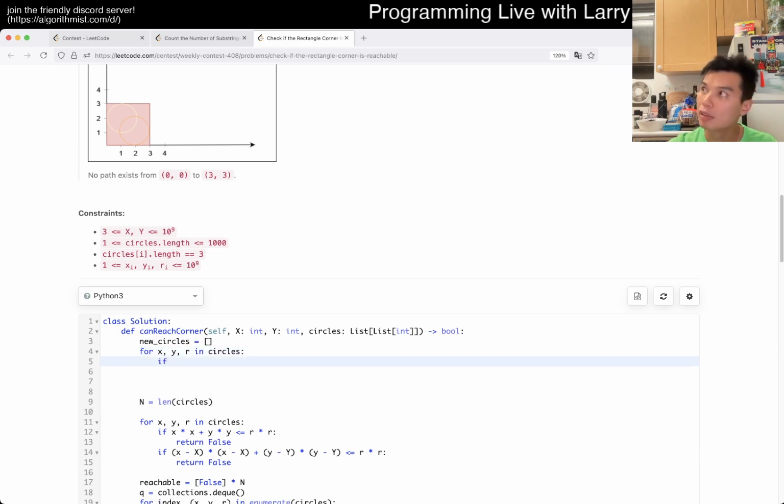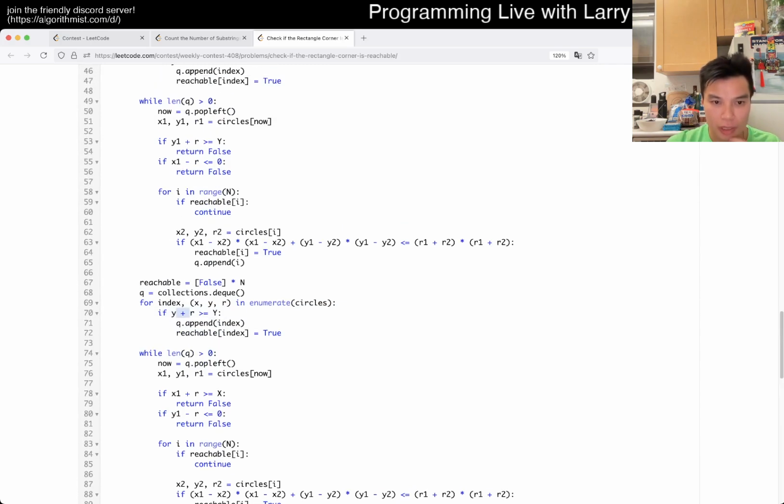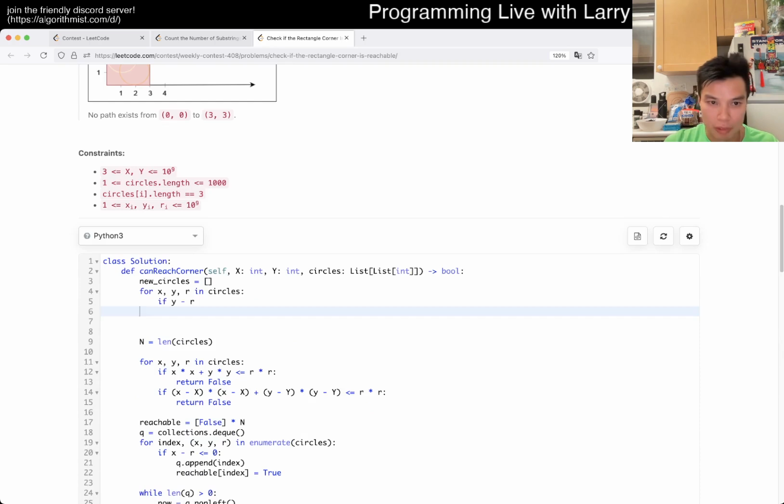If y minus r is strictly greater than, did I do this right? No, this is plus r. Okay, that's what I wanted to do. If this is greater than y, then it's not even on the thing. Or x minus r is greater than x, then we continue. Otherwise,